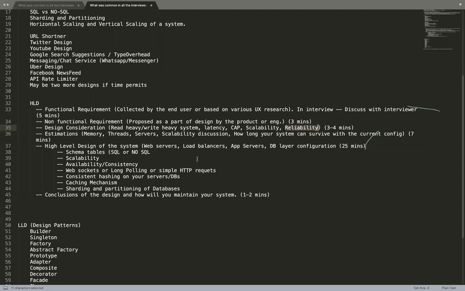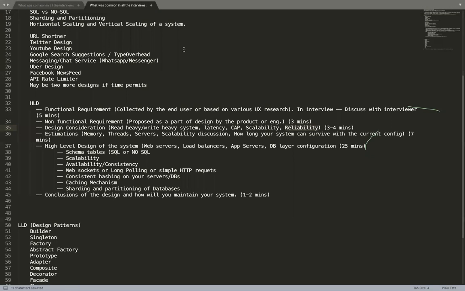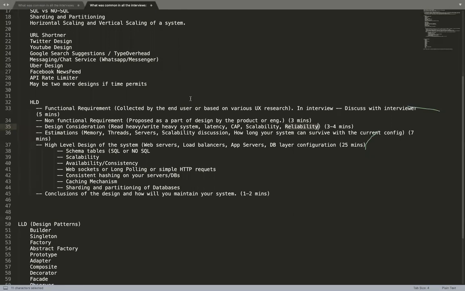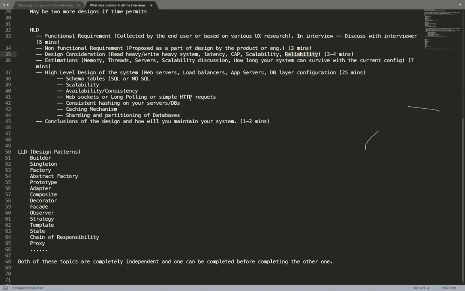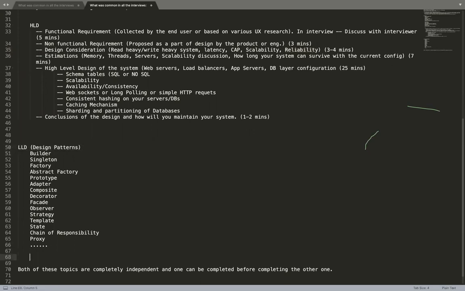Yes, Prakhar. Hi, Prakhar. Are we going to cover the design principles like SOLID principles? SOLID principles might be covered as a part of low level design. Again, I'm not sure about that, but if you're mentioning it, I can take it as a note. These are very basics, but yeah, we can take it up. That can be covered as a part of the design. Okay, I'll take a note of this. Thanks.